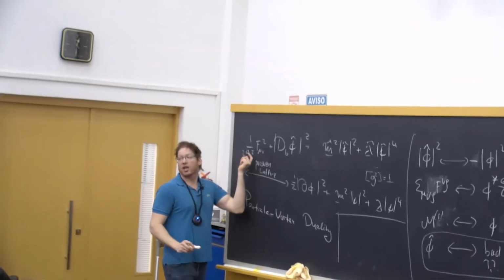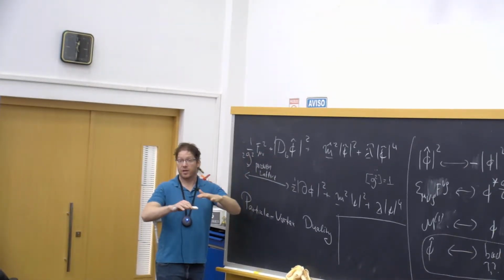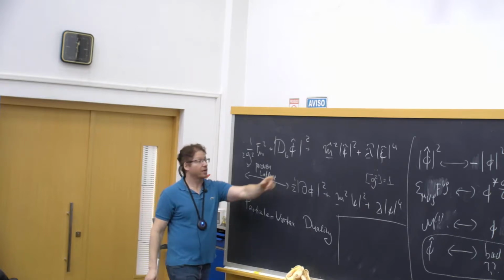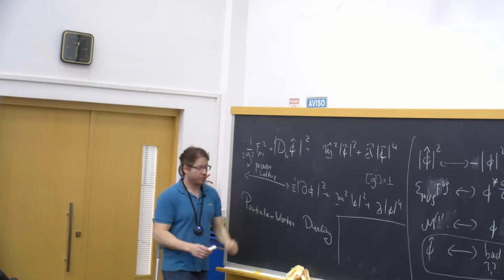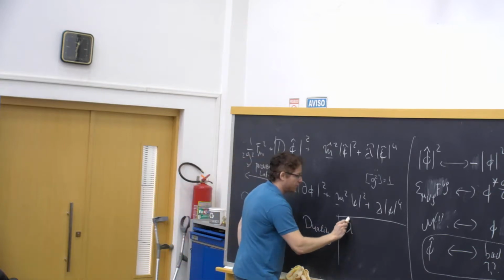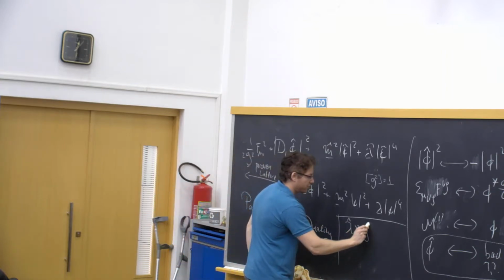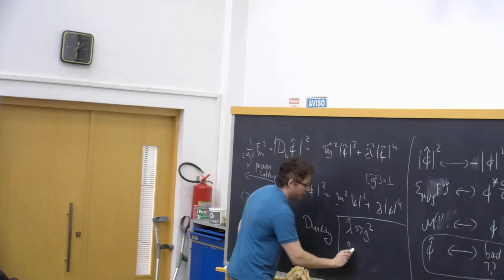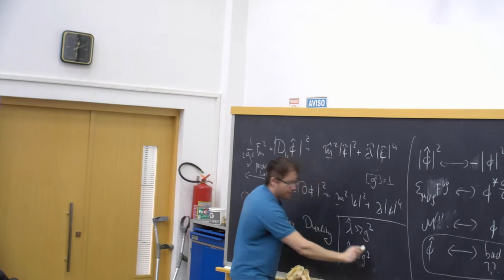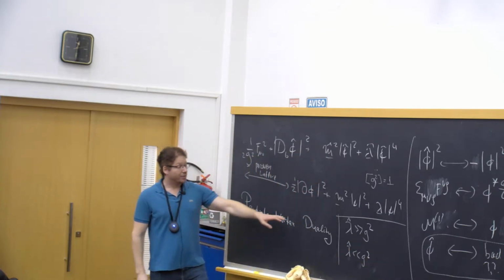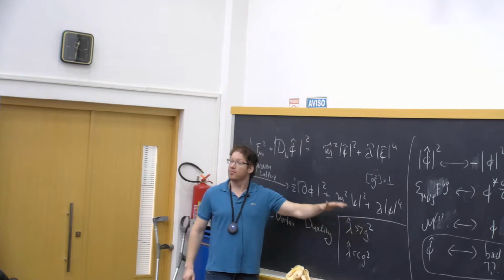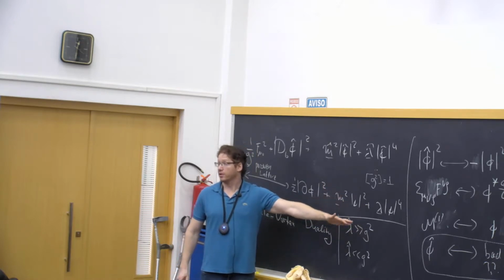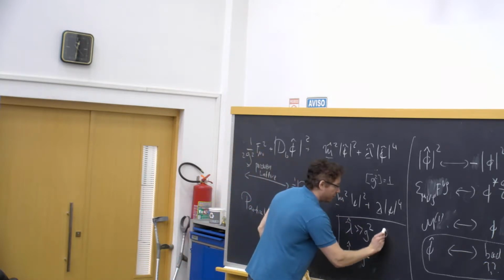One is when the scale that is set by the gauge coupling is very low compared to the scale that is set by lambda hat. And the other limit is the opposite. So there are two limits. One is when lambda hat is much bigger than g squared. And the other is when lambda hat is much smaller than g squared. Okay? Now, in this limit, it's known that it's second order. And you cannot establish it analytically, but with some additional assumptions, you can do analytic computations. So this is second order.